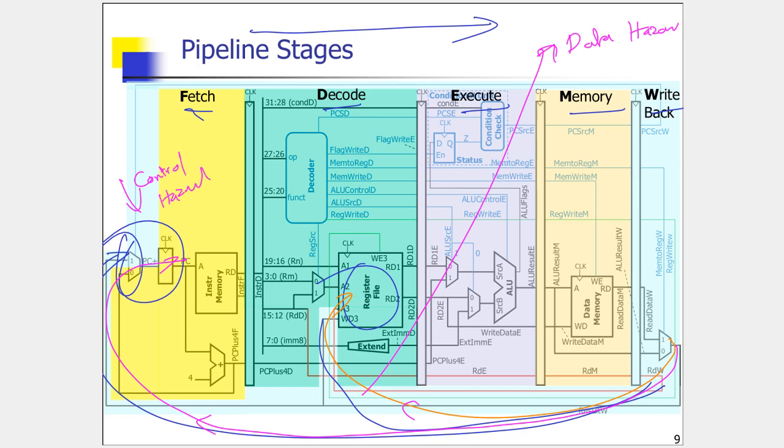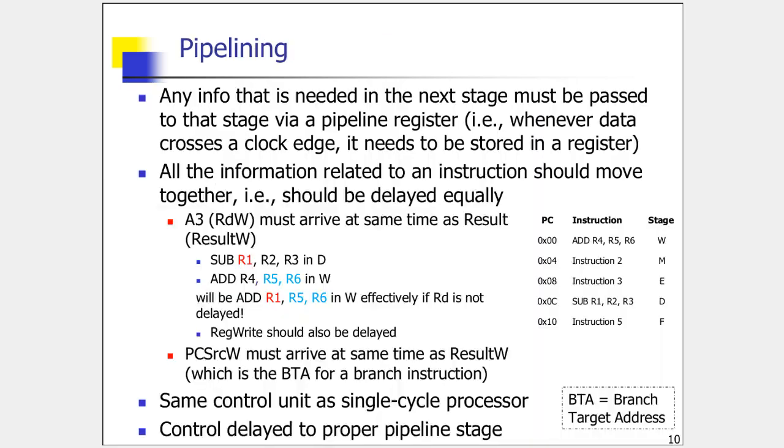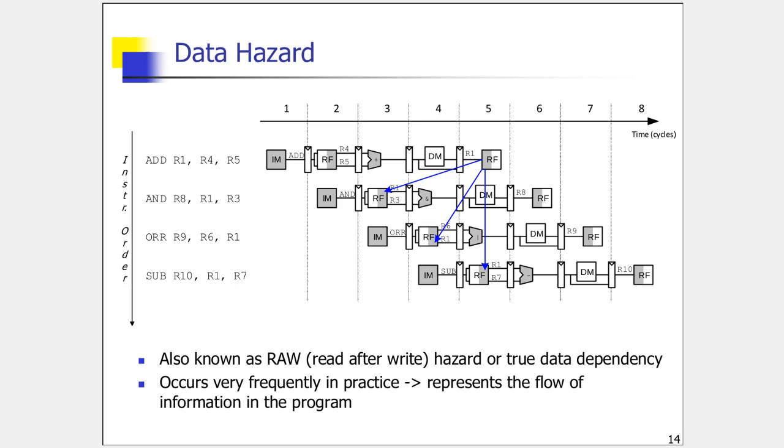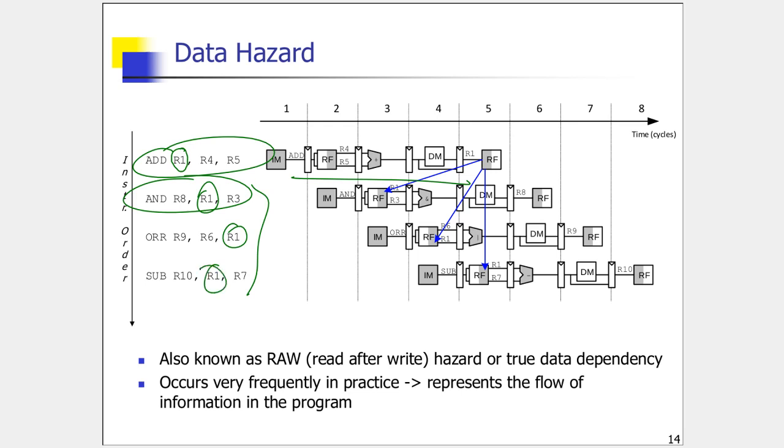So as I mentioned in the class, the basic concept of pipelining is simple, but the devil is in the details, as is with most things. So we have to be mindful of what happens when the data travels back. The issue really happens when, let's say, you have instructions like this. This is what we call an abstract pipeline diagram, which allows us to visualize the pipeline very easily. And here you can see that R1 is written to by this add instruction, but this R1 is required for the next 3 instructions.